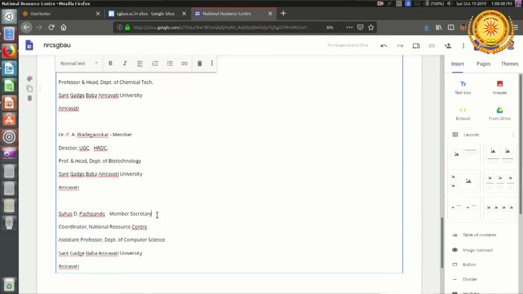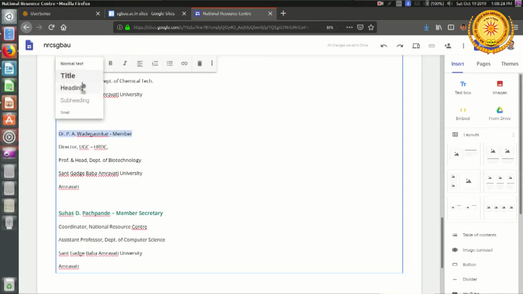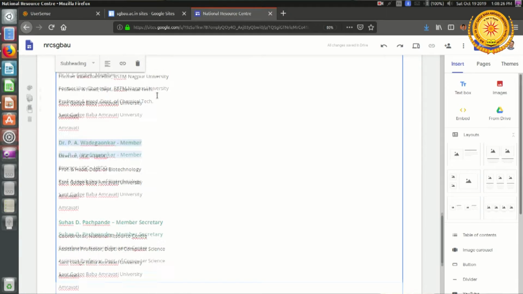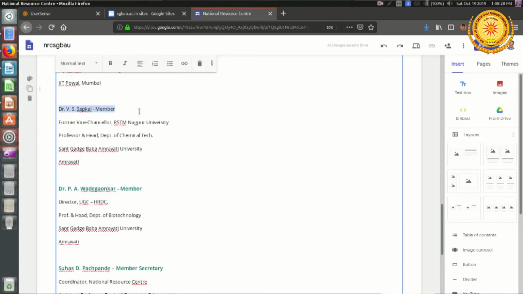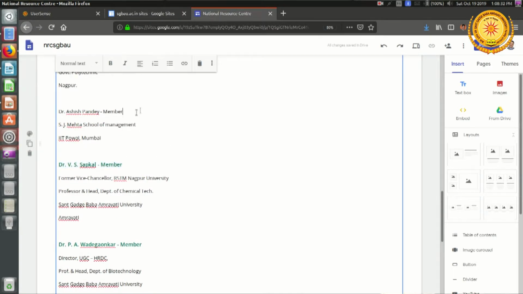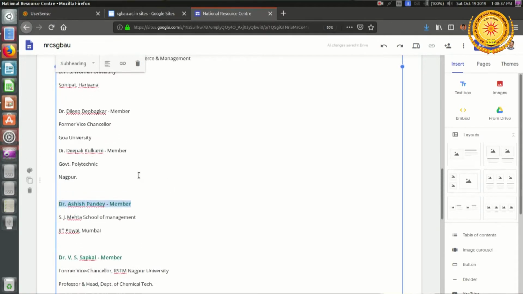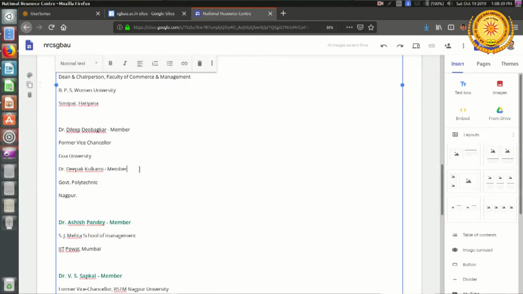So what I am going to do here is that I am going to highlight the name of every member. So I will select it and make it as a subheading, normal text to subheading, normal text to subheading, then